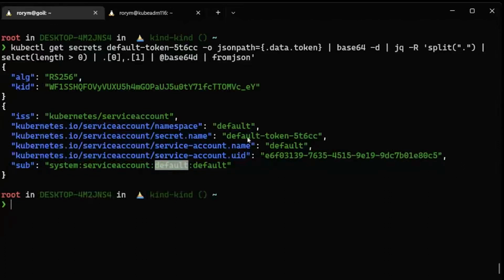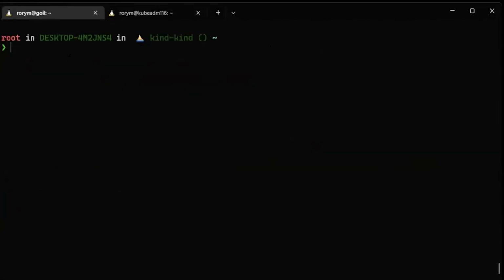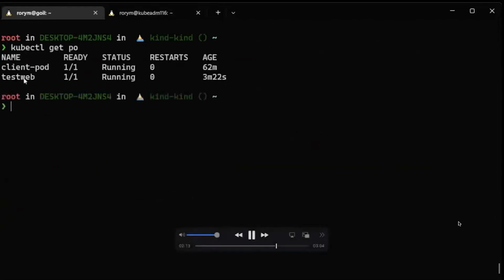So any user who's able to get access to one of these tokens will actually have persistent access to the cluster. And this is something which has been addressed, or is being addressed, in the most recent versions of Kubernetes, specifically in about 1.22 and above. Workloads don't actually use these anymore, they use time-bound tokens. And we can actually look at one of those tokens by looking at a workload that's running in our cluster and looking at what the token is for that. So if we do kubectl get po, we can see here we've got something called test-web, which is just a pod running in our cluster, and we can look and see what token that is running.